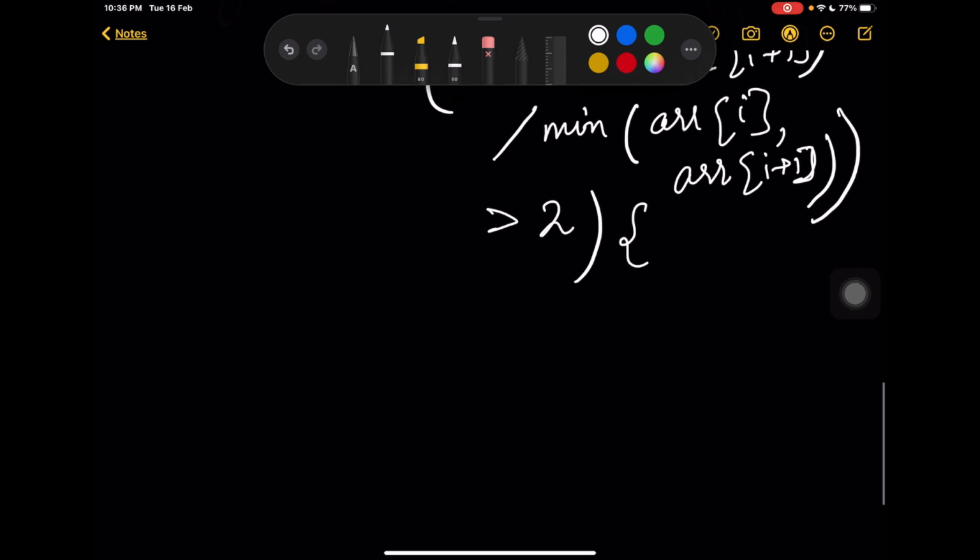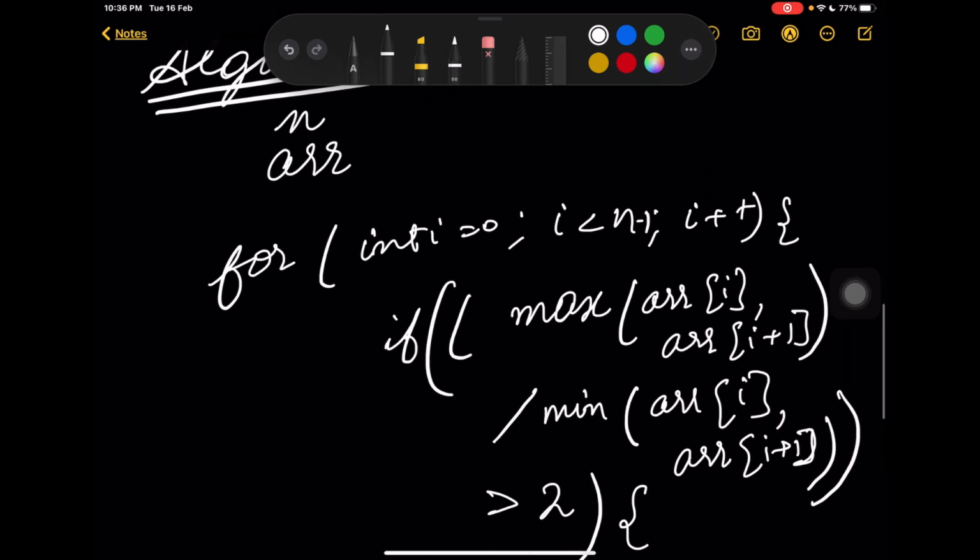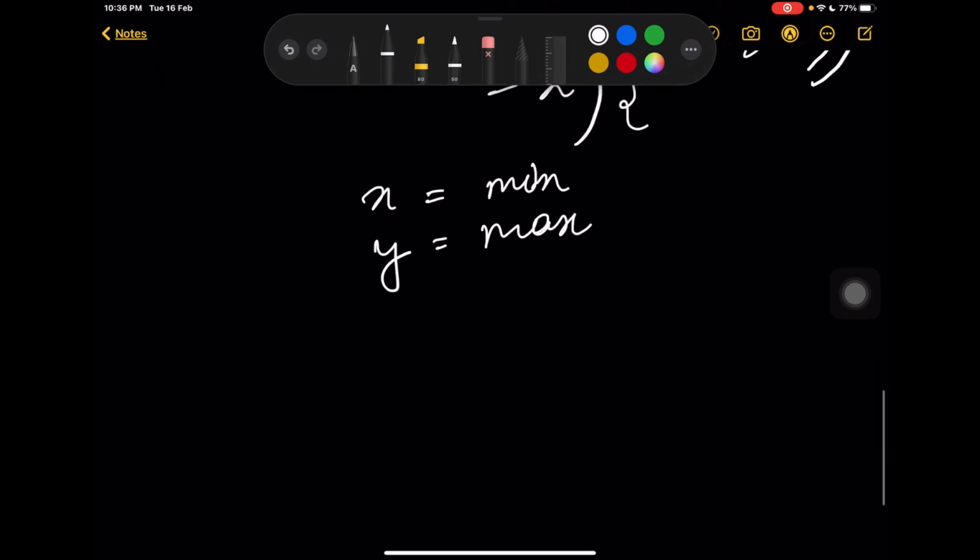so in this condition I will store x as minimum, y as maximum. I will have an integer answer initialized to 0. I will update this whenever I need to add new numbers.